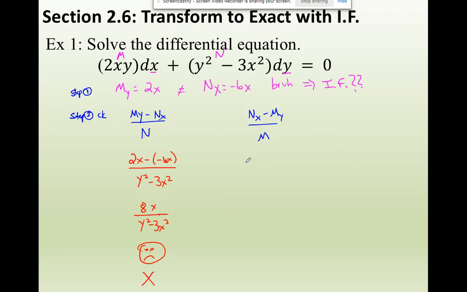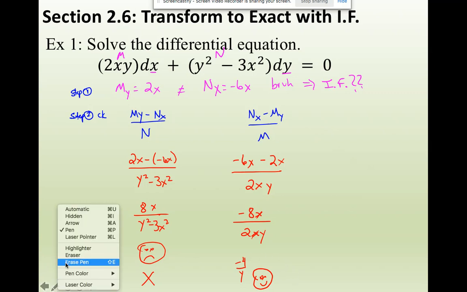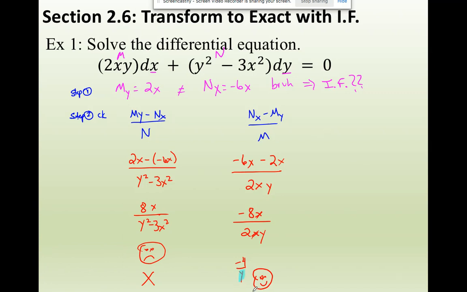Let me check this one. So negative 6x minus 2x, well, that's just going to give me a negative 8x on the top. How is this going to help? Over M, which is 2xy. Oh, wait a second. What happened here? I only have a y. Only a y means this formula worked,